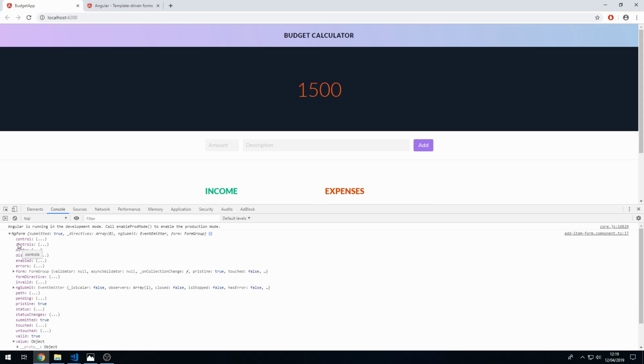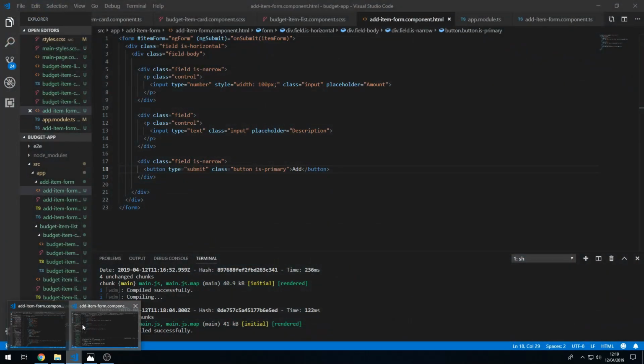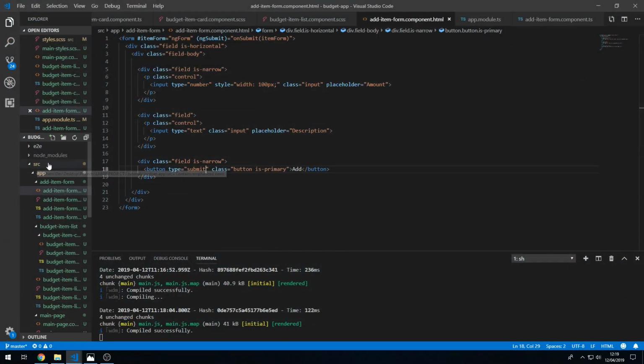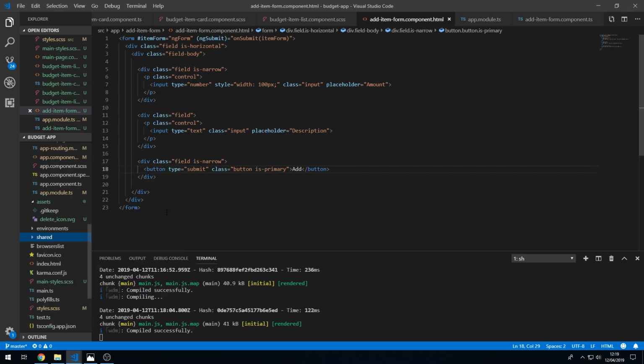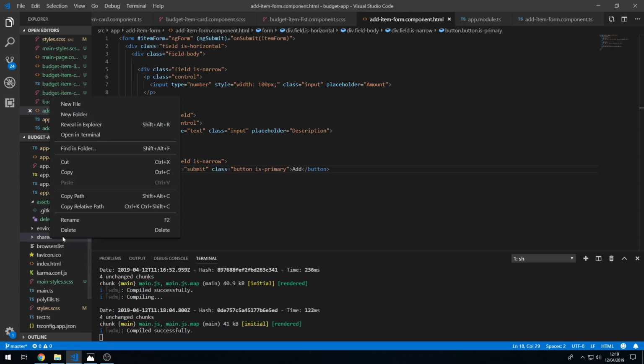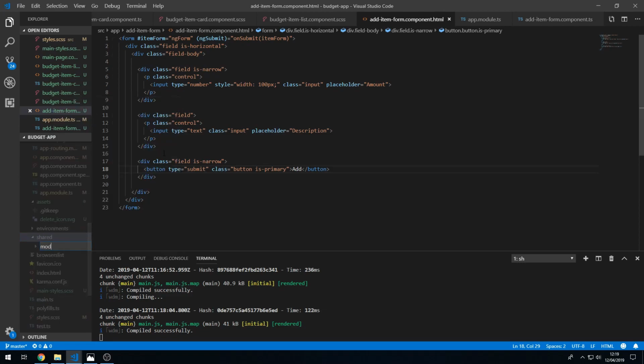Okay, so now let's actually implement this form. And to do this, we have to actually first create the model. So let's go to the source folder and let's create a new folder called shared. And this is to put files that are shared between all components. Okay, so in here we can create a new folder called modals. And in here we can create a new file called